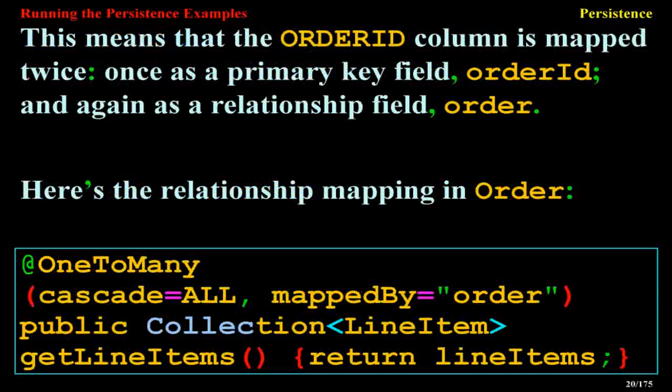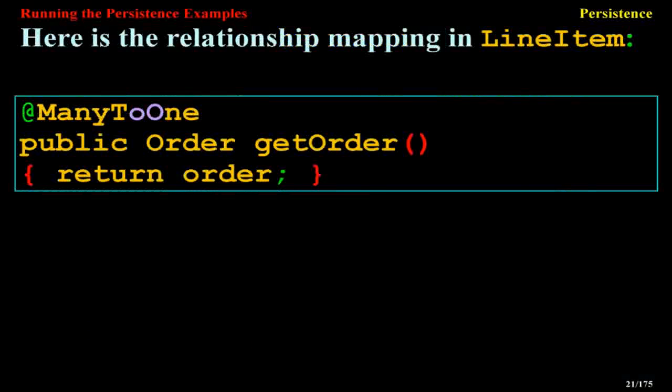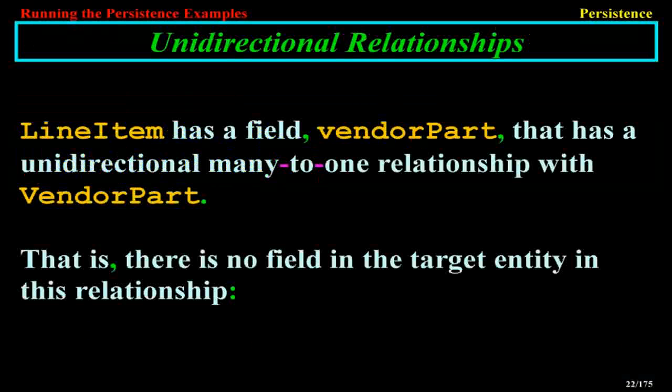One-to-many, cascade = ALL, mappedBy = "order". public Collection<LineItem> getLineItems() { return lineItems; } Here is the relationship mapping in LineItem: @ManyToOne public Order getOrder() { return order; }